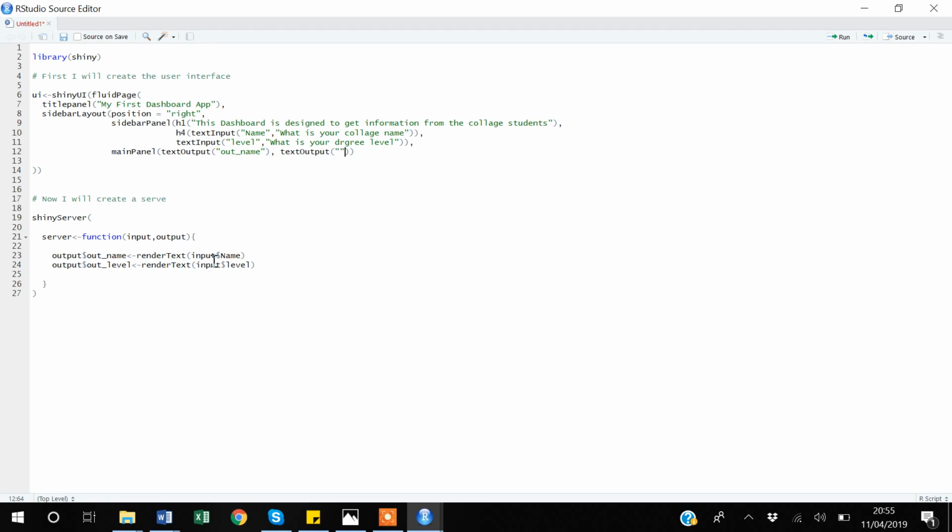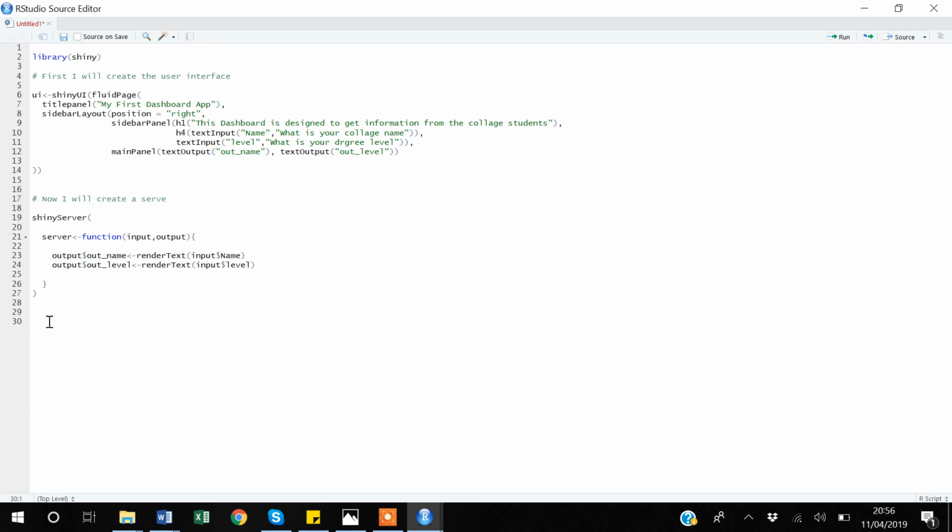Within the inverted commas, I am saying out underscore level. So now I think we are ready to go, but before that, because we have created this object UI and this server,